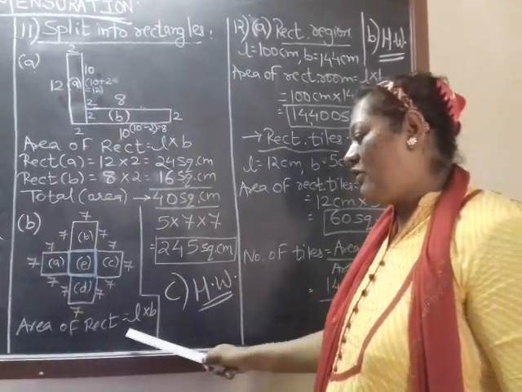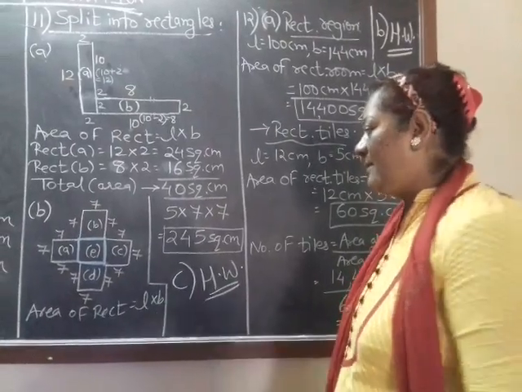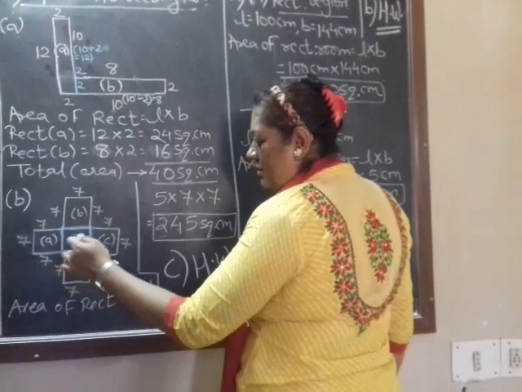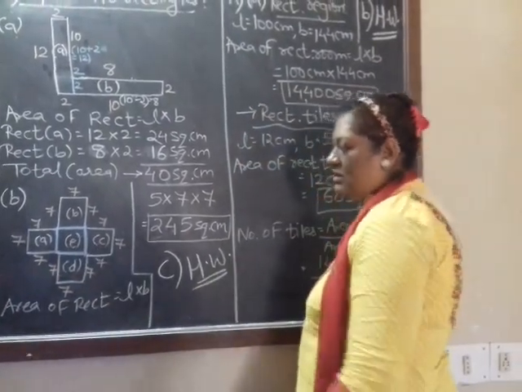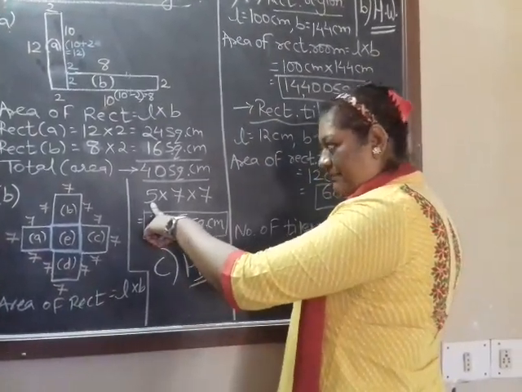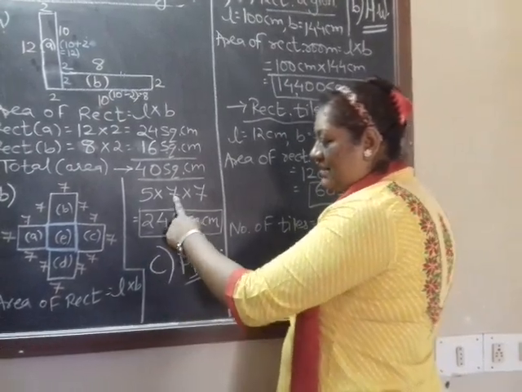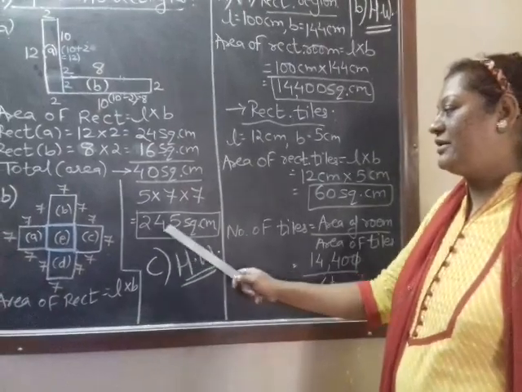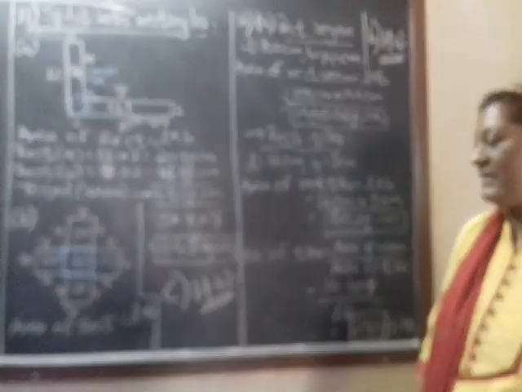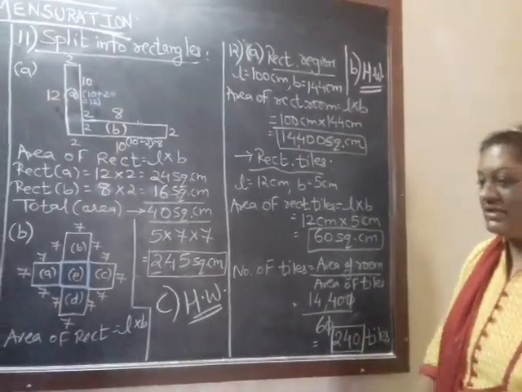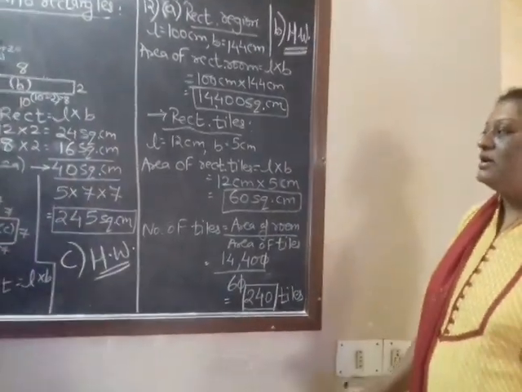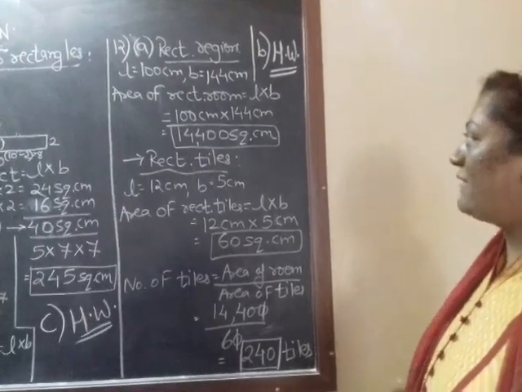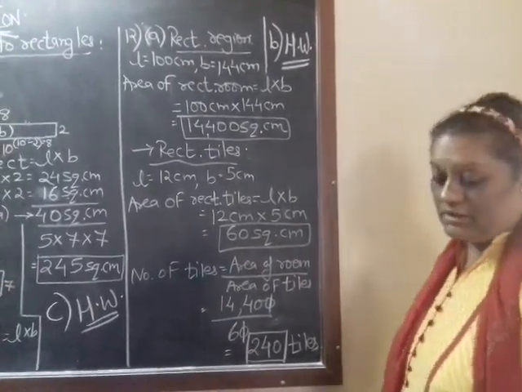In rectangle the formula you know, L into B. How many rectangles we had formed? 1, 2, 3, 4 and this one 5. So 5 rectangles are given, right? Length is 7 centimeter, breadth also is 7 centimeter. When you multiply all the 3 together, your answer is 245 square centimeter. Question number C of question 11 is your homework. And coming on to the last sum, question number 12A, B will be your homework.